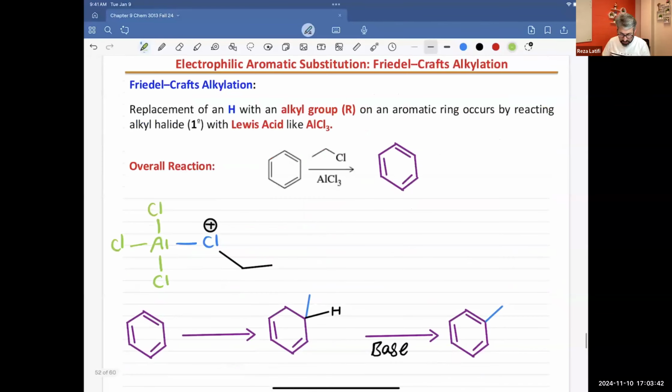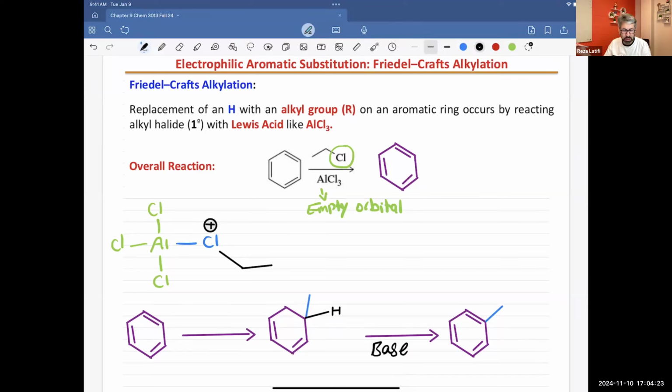Next one is going to be the Friedel-Crafts alkylation. If you are dealing with a primary carbon, the reaction is going to be really straightforward. First step, you will have a Lewis acid react with a halide, and the halide will be attached to the Lewis acid. Why is it attached to the Lewis acid? Because the Lewis acid has an empty orbital. The first product of this is the chloride attached to aluminum